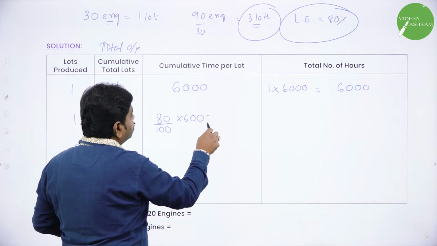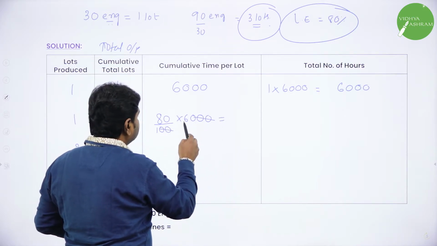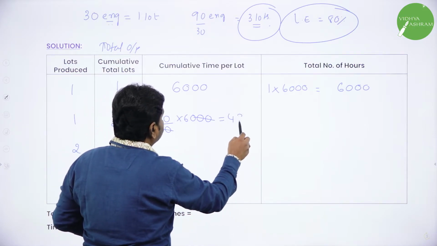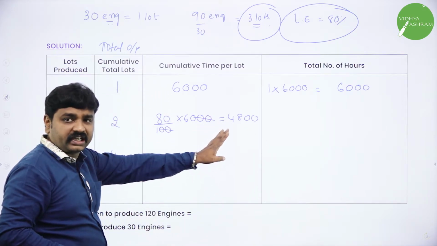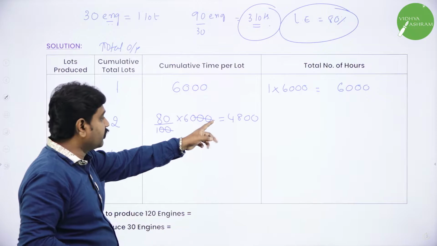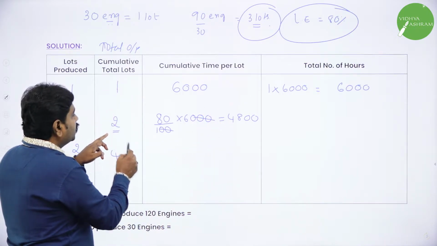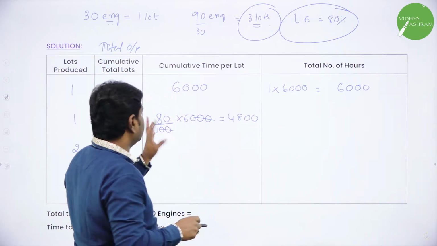6000 hours. So you multiply this, you will get this. Two zeros cancel. 6 8s are 48. Now 6 into 8 is 48. 4800 it will be. So now time per unit is just 4800. Earlier it was 6000. Now for 1 unit it will take 4800. But how many units are you producing? 2. Now how to fill the last column? The last column you have to fill by multiplying these two.